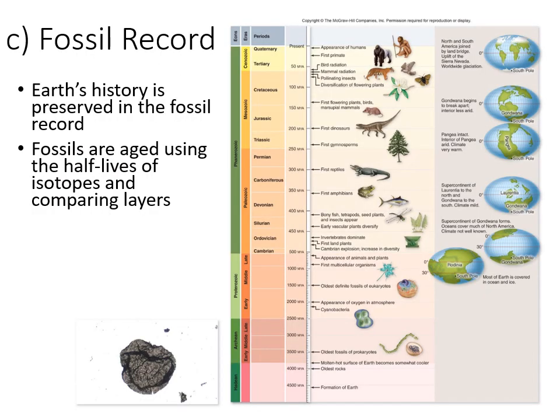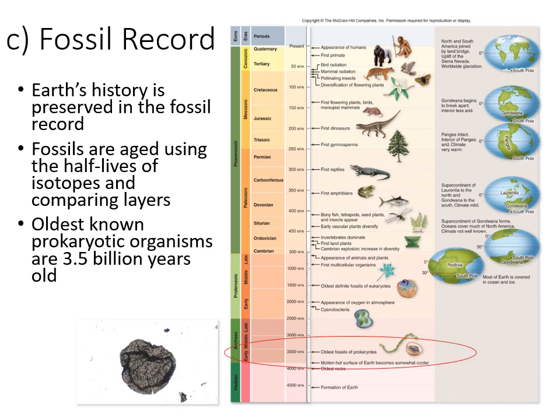We have estimates of when things happened because of the fossil record and the different layers within the fossil record. And those estimates are based on the half-lives of isotopes. Elements will decay at a certain rate, depending on what type of element they are, into other elements. We can look at those ratios in different forms of rocks, and we can tell when it was formed and thus estimate the date for them. The oldest known living organisms were about 3.5 billion years ago.